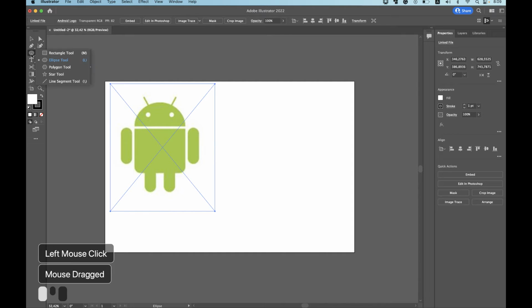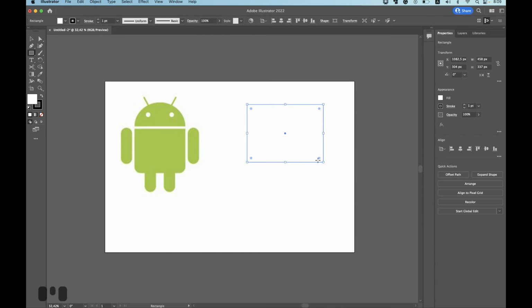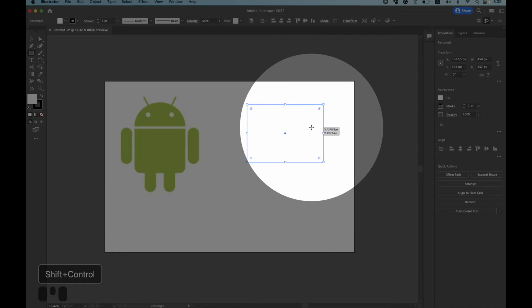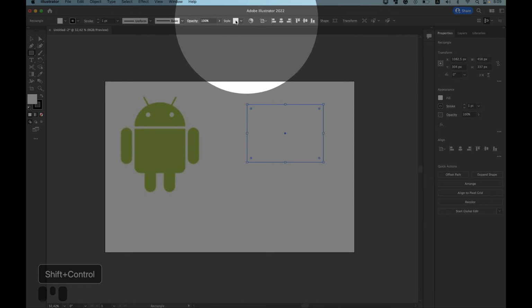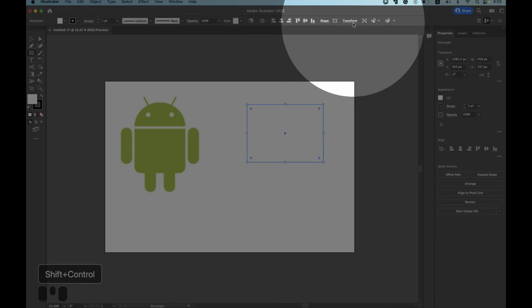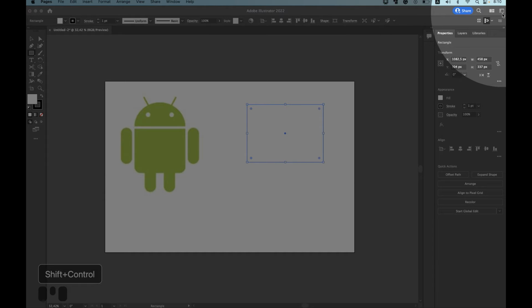But if we click, for instance, on the rectangle tool, and let's just draw something. And now in the Control panel, we can change the fill, the stroke, and opacity and style and align it and transform it, etc. Now go to the top right corner, right over here we see the workspace icon.